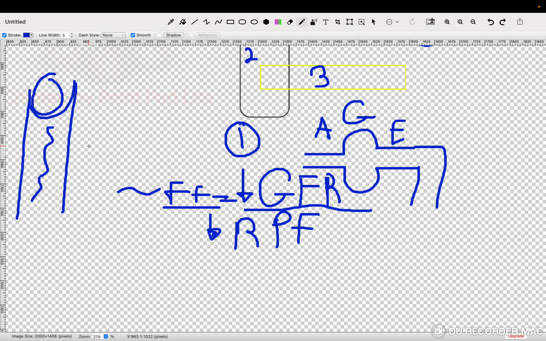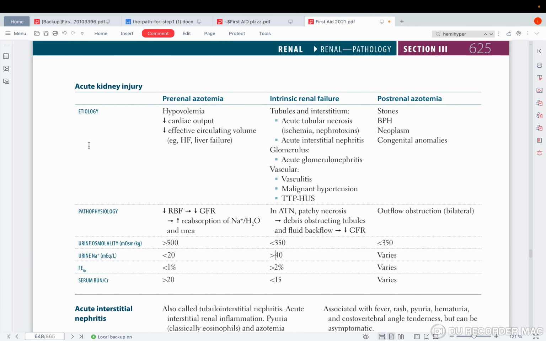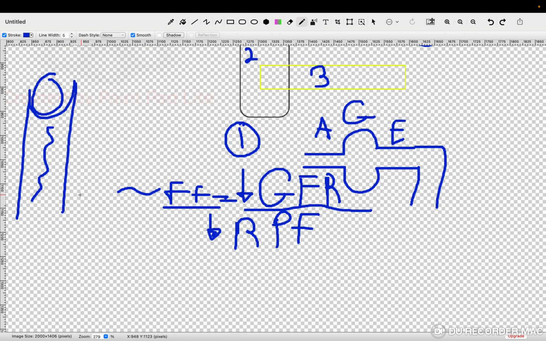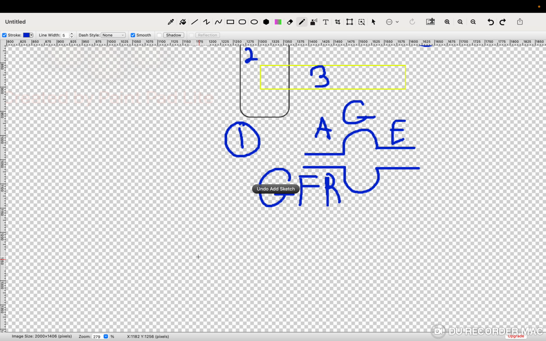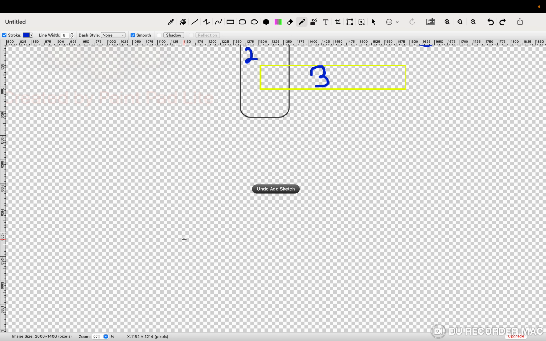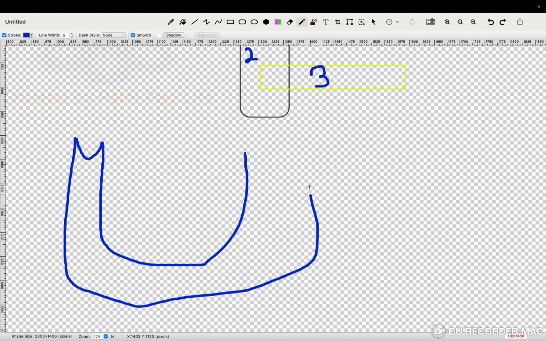And when is it easier to reabsorb? With a slow flow or with a fast flow? With a slow flow. So basically, when you have less GFR, you are going to have what also? Less amount of urine going where? Okay, so if you have less GFR, what is going to happen? You will have less amount of urine reaching what?